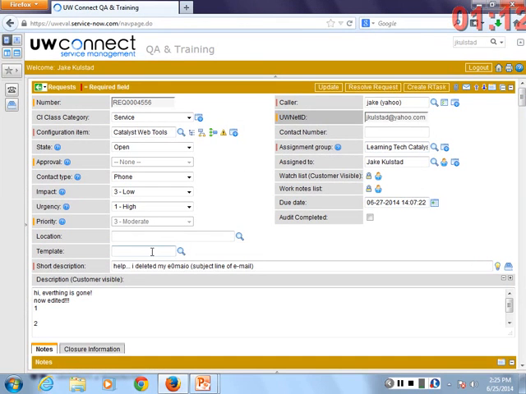Let's go over here and learn a few new tricks. Templates are a lot of fun. So if you find yourself giving kind of a templated response, the same response all the time to particular requests, it's really important that you learn how to use templates. They're going to function very similarly to knowledge searches. I just want you to see the functionality.